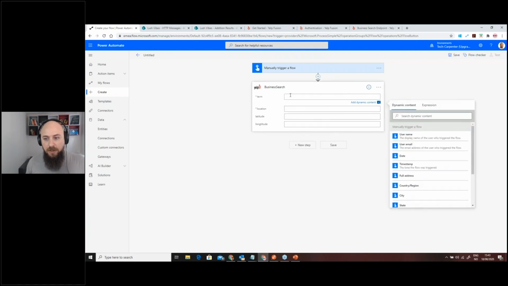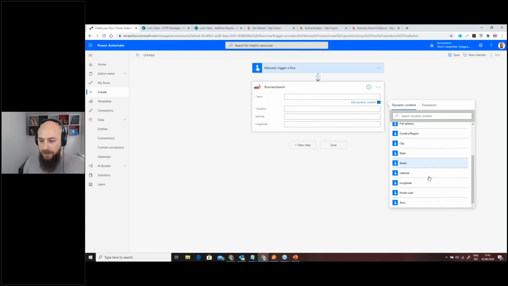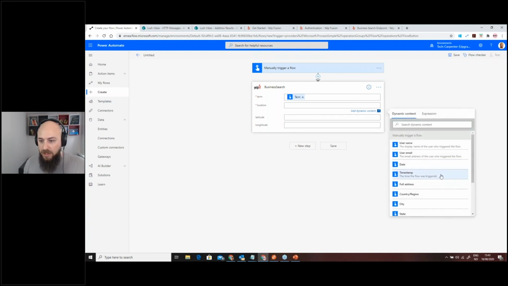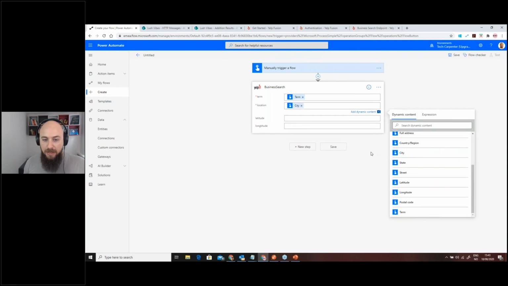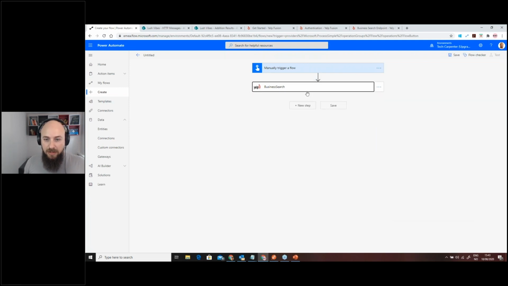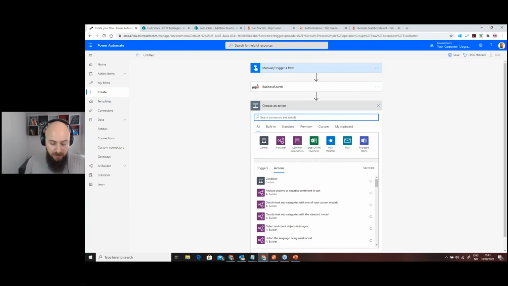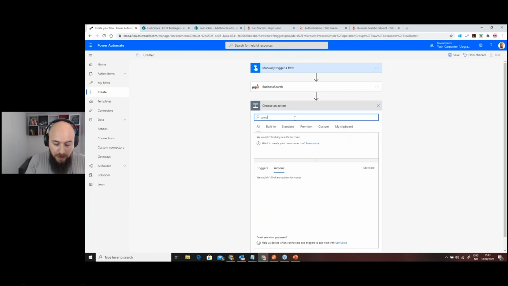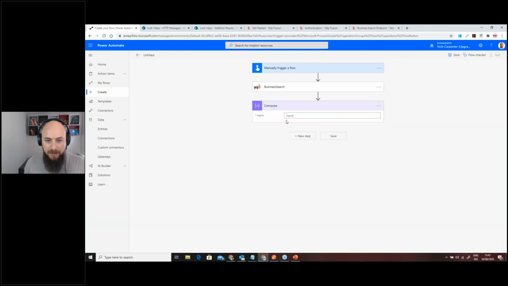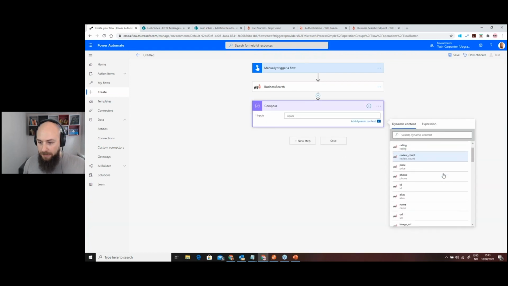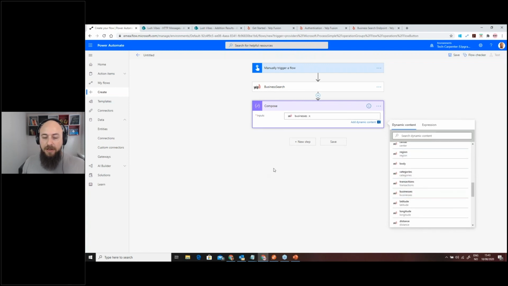And inside of here, we need to pass in the term. The term is going to be taken from the button, and the location is going to be the city from the button. And we don't need to pass in the longitude and latitude. And then what I'm going to do here is compose. And inside the compose, I could just put, for example, businesses. I do have businesses. There you go. So inside of this is going to be a collection of businesses. I could go through them, you could do whatever with them. So I'll just save that